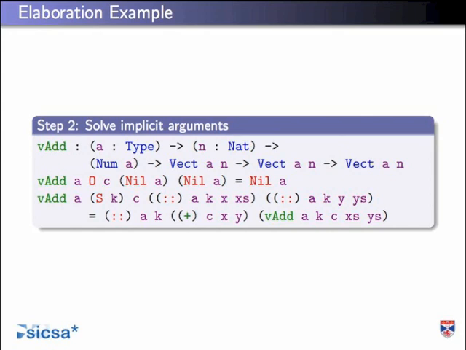And in the cons case, we know that it has to be a successor, and we know that these vectors have to be one smaller. So there's a k here that's smaller than the successor of k. And then we know that this type class is the thing we have to propagate through for addition. And then for the recursive call to vector add, we have to feed in the type, the length, and the class again. So if you read any texts on type theory, programming in type theory, this is basically the kind